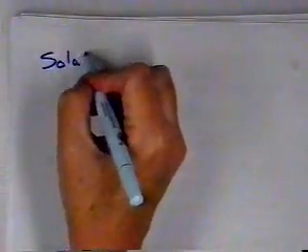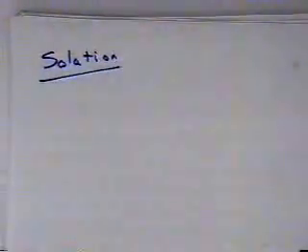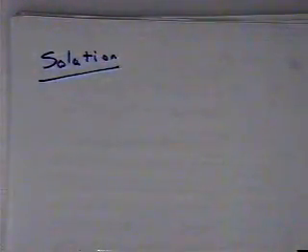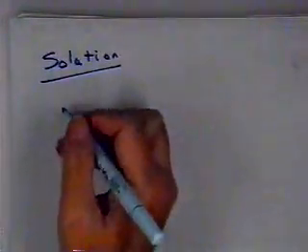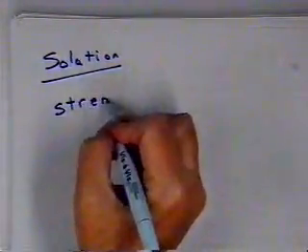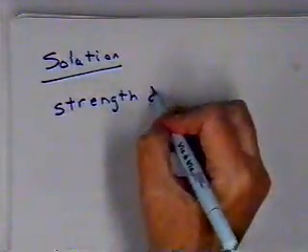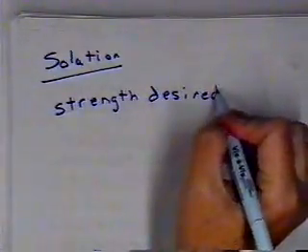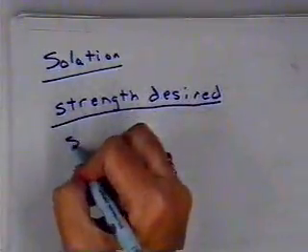Today we're going to look at solutions. Solution problems are in your book on page 39. The problems we're going to be working are on page 39 in your workbook. Now, solutions, we actually worked solution problems on the first test, and to make a solution, we have to remember the formula: strength desired divided by strength